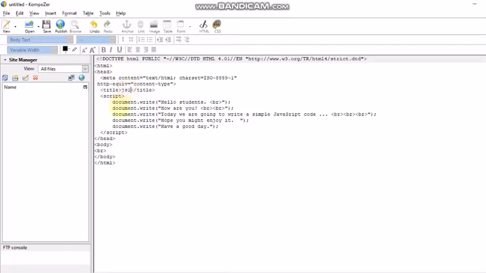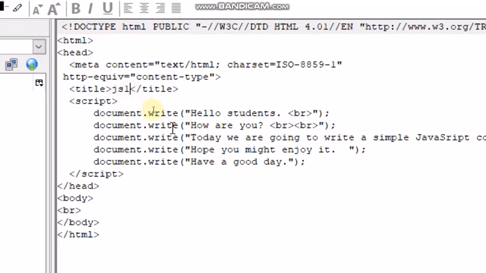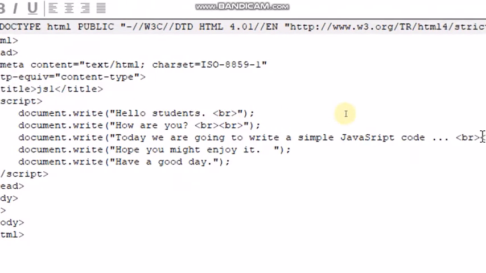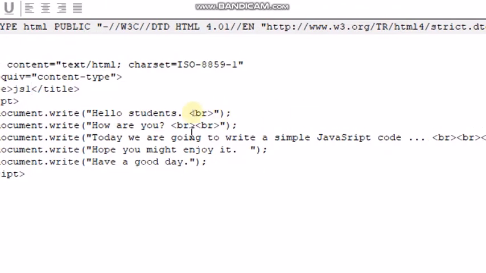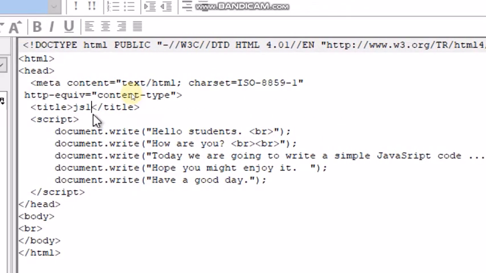In title tag, write JS1. Since this is our first JavaScript, so we have written the title as JS1.